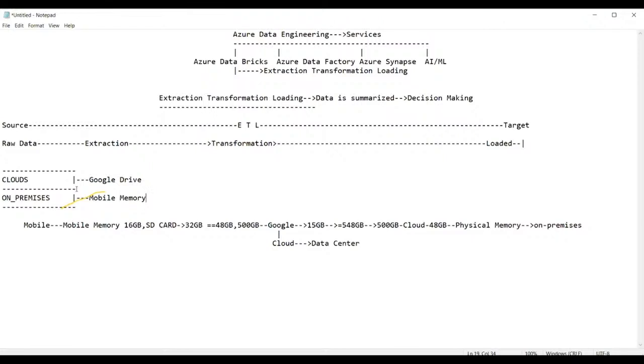So now, guys, as individuals, we still want to move the data from the physical memory to Google Drive memory. In the same way, many corporates are planning or moving from physical data to cloud data. For that, many cloud providers have come out to provide support. So the following are the cloud providers we have. What is the first one called?